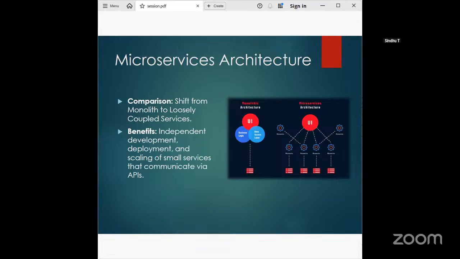If it is a giant application, all the teams work together, and each and every team should know what other teams are doing, right? So it doesn't coordinate the release. So it's loosely coupled for independent teams. The benefit is a team can develop, deploy, and scale a specific service independently.